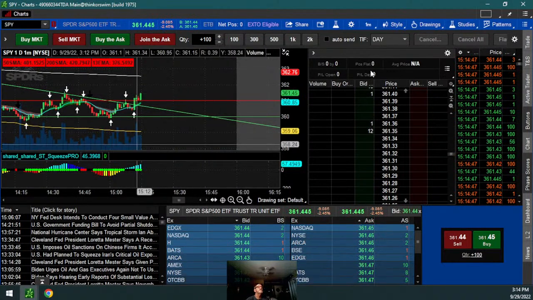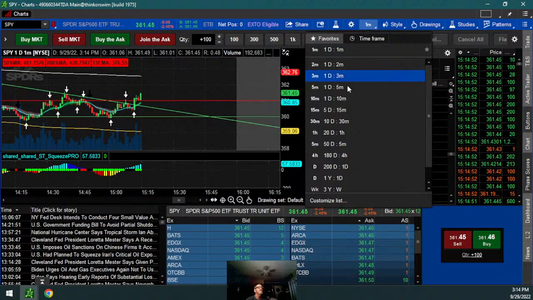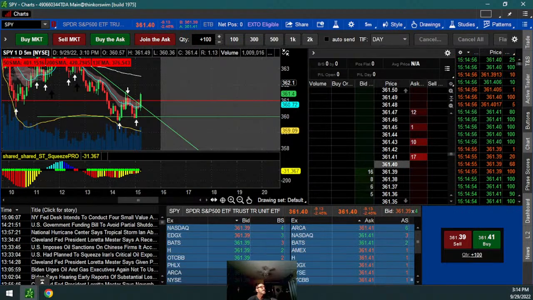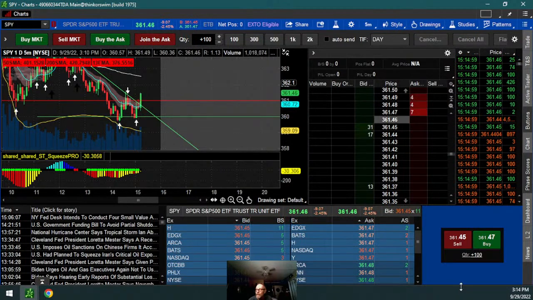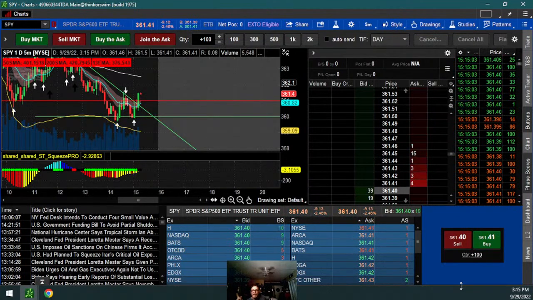Okay. Is this where we are now? We're at 1 minute, and it was still going up. There's a 361.45. Look at this thing. It's a monster today. That's a monster. 361.45. Nobody expected this. We were all thinking it's going to come down, but let me tell you something.